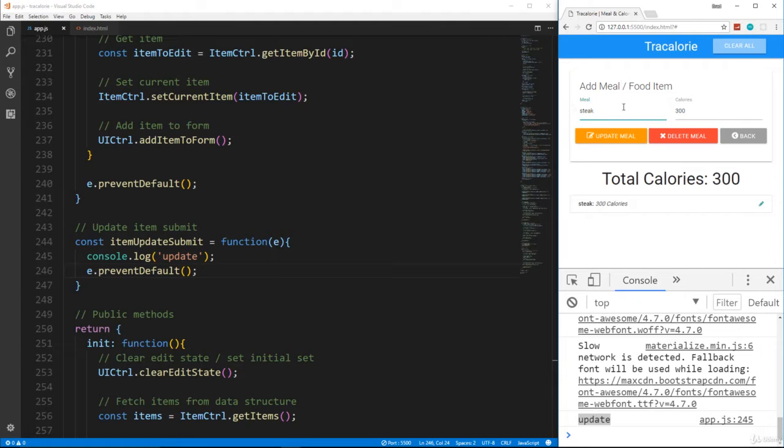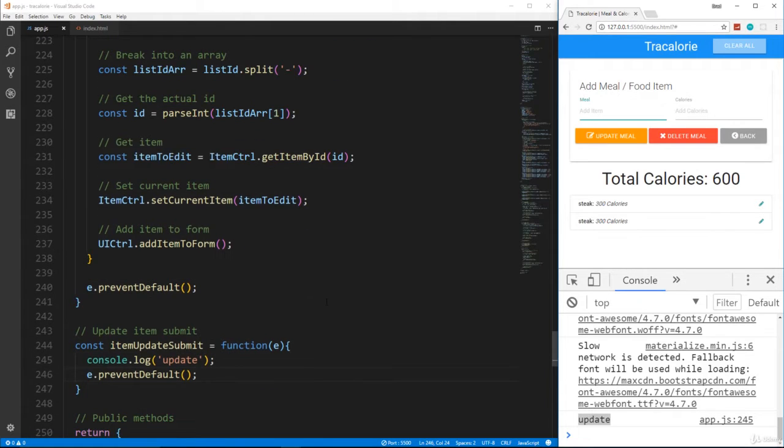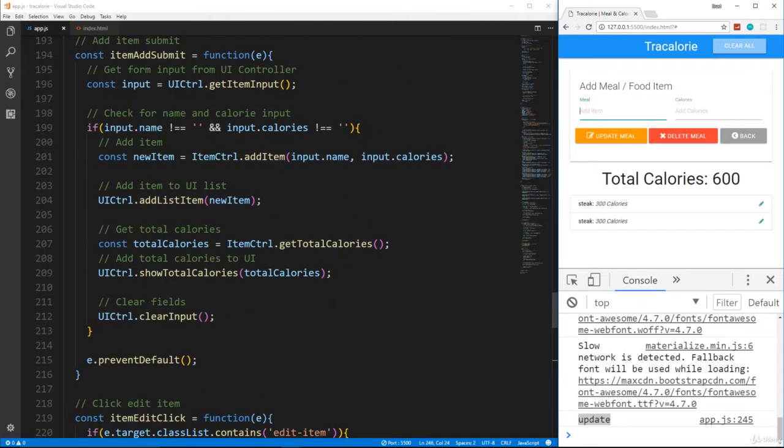All right, now one thing I want to fix before we move any further is if we're in this edit state and I click enter, look what happens. It hits the add button and it re-adds it. All right, and we don't want to do that. So what we're going to do is disable the enter. When we fill out this form and hit enter, we don't want anything to happen, because we want to manually click on whatever button we want, because there's more than one button here. So to do that, we're going to go back up to the load event listeners,